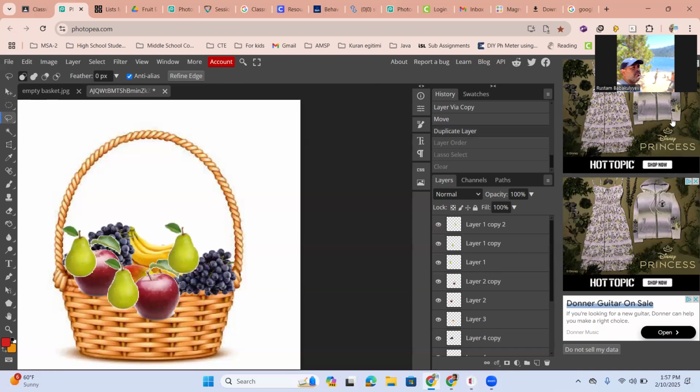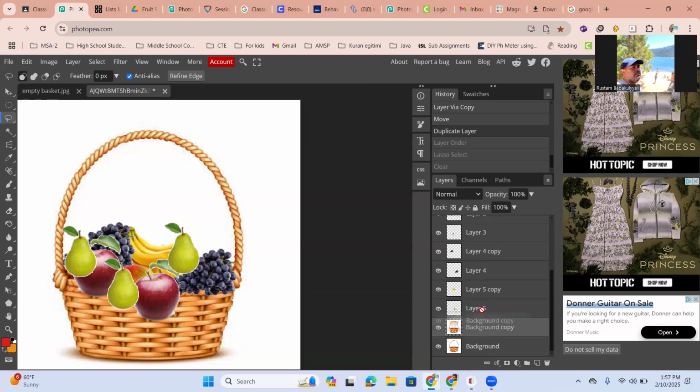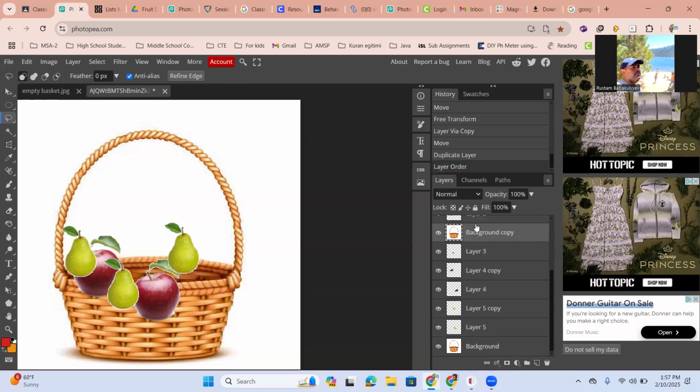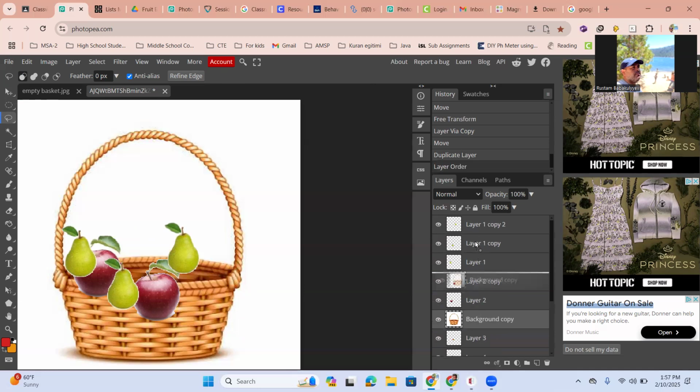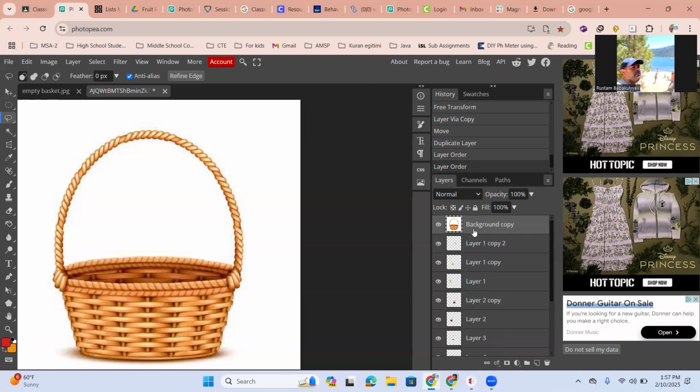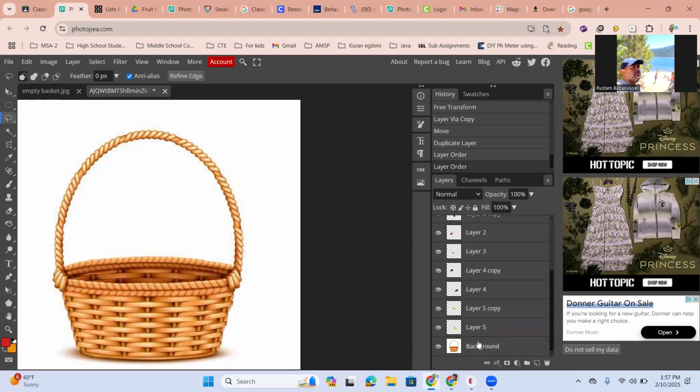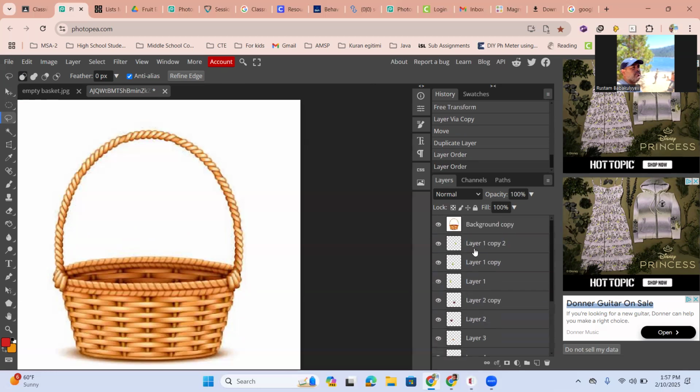So, I have 2 layers here, right? I need to move one layer up all the way to the top so that it will be like a sandwich. One layer of basket on top, one layer of basket on the bottom, and all the fruits are in between, like a sandwich. Now, if you click on the top layer and then you cut out this portion, it also